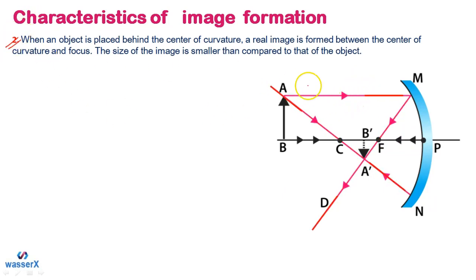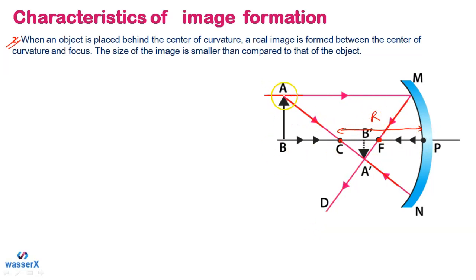In this one, basically what we have done here, we have placed the object a little nearer to the mirror, because previously, in the last slide, the object was placed at infinity, but now I have taken the object that is placed behind the center of curvature. So this is the center of curvature, right? If this is the center of curvature, this distance must be the radius of curvature, that we already have studied. And this is the focus point, which is half of the radius of curvature, as you can see by geometry.